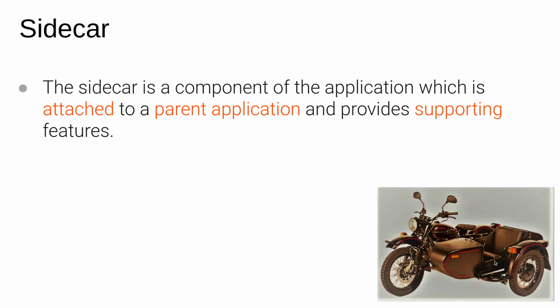The sidecar is just attached to the main application, and you can have multiple sidecars, attached to whichever main application you want. So this is an analogy you can think of: it's not a separate microservice altogether. It's just a simple component deployed along with your parent application, performing all the supporting tasks that the parent application needs. So this is what a sidecar actually means.